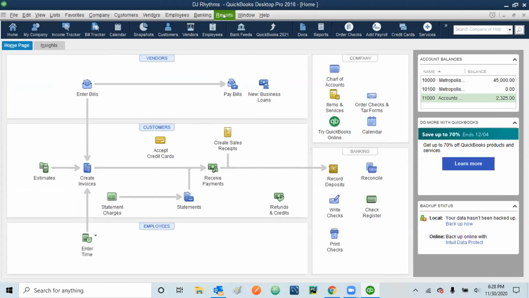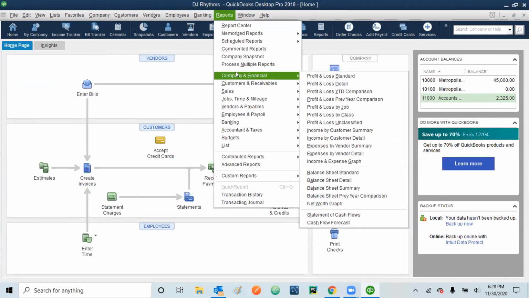So you go to reports, and because you want to see your profit and loss account, you go to your profit and loss. And in this one, you see you are trying to see by class, like you want to see what business you have got from your corporate clients and what business you have got from the private customers. So you can go to the profit and loss by class.